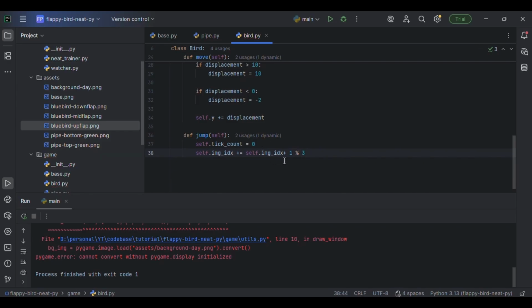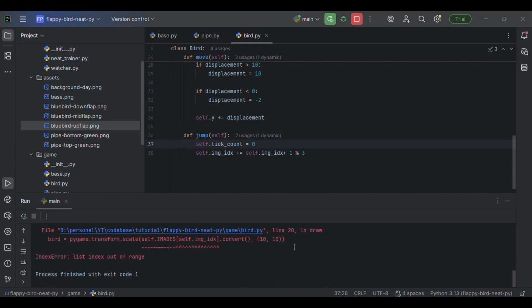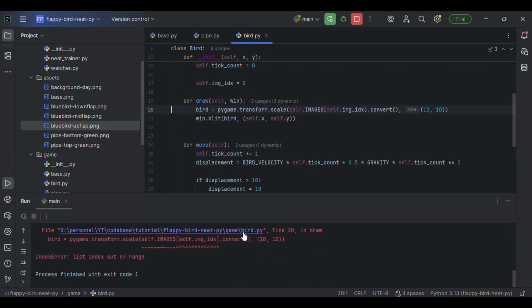So every time it will increase by 1, and then do a remainder division, like whatever is left after dividing by 3. So first it will take 0, then 1, 2, and then reset to 0. Okay, now if I run it, I should see the bird's wings flapping,